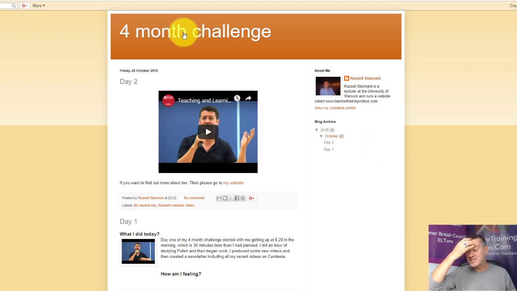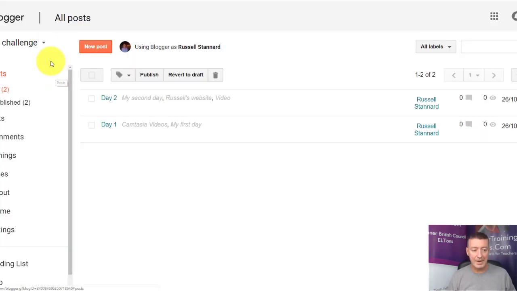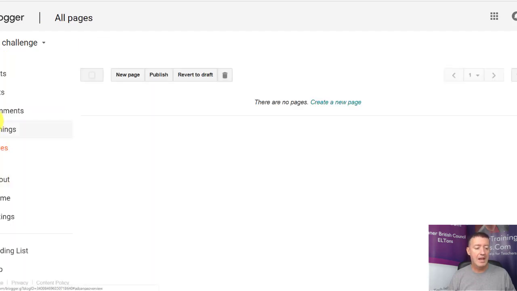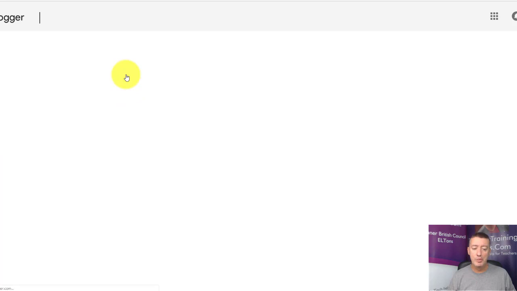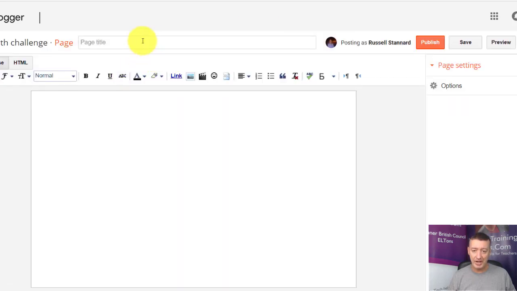Now one thing that you'll notice at the moment is that there are no additional pages. When you open it up, all it is at the moment is a blog. But as I've said, you can have multiple pages in your blog, and I'm going to show you how you can do that. So we're going to close down the view of the blog, come back to here, and come down to pages on the left hand side, and in pages we're going to click on new page. This is going to create a new page for us, and I'm going to call this page About Russell. I'm going to have a static page that anyone can look at to find out a little bit about me.